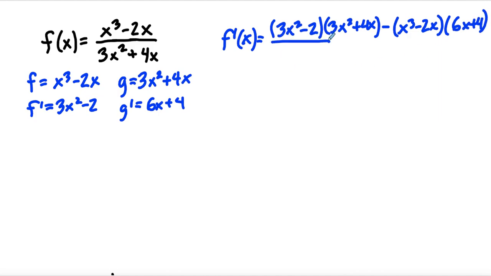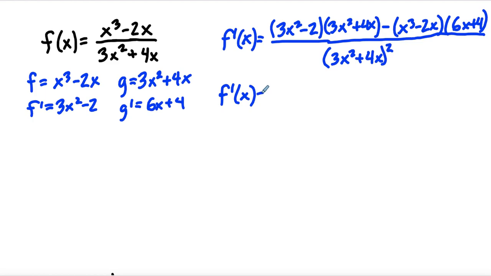Right, so this is going to get rather long for a second here, but it'll get easier. Now in the bottom, remember, we always have g squared, so we're going to have this. All right, so now we're going to go ahead and multiply everything out. All right, so we're going to get 9x to the fourth. I like to distribute the 3x squared to this term next, so that's going to be 12x cubed minus 6x